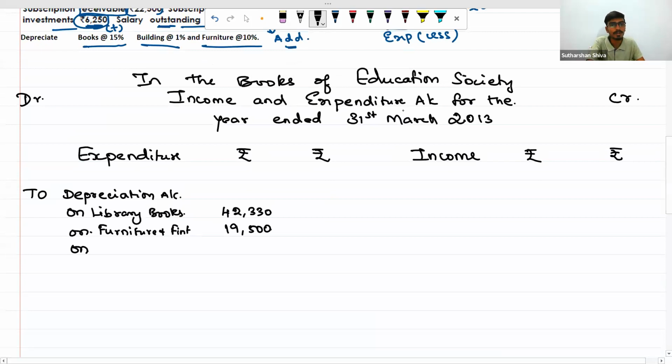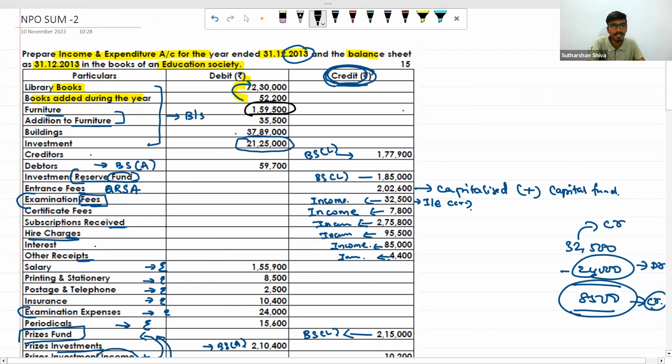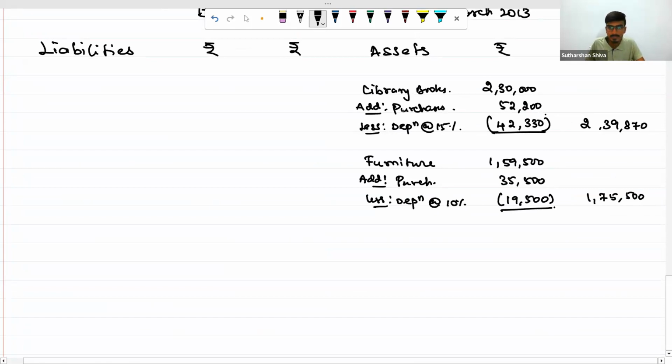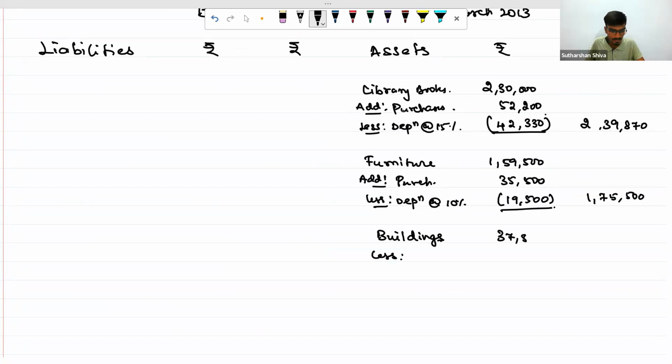Okay. Next will be buildings. Any buildings will be at 1%, correct? We'll directly write buildings, less buildings value is 37,89,000 less depreciation at 1%. 1% will be 37,890. If we subtract 37,89,000 minus 37,890, you will get